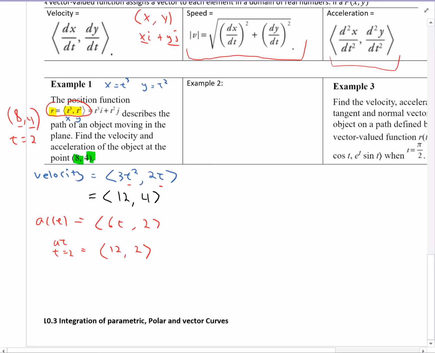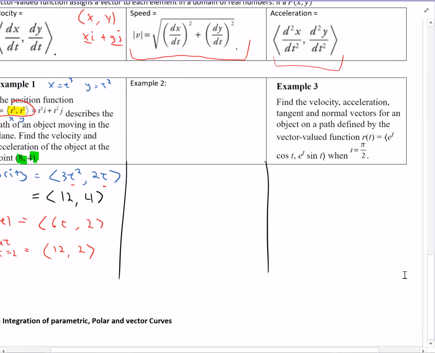All right, maybe we come back and do example 2 in a second, and I'll write it up there for you. Let's do example 3. It wants the velocity, acceleration, tangent, and normal vectors for an object on a path defined by the vector valued function. So our function we're given is r of t equals e to the t cosine t,